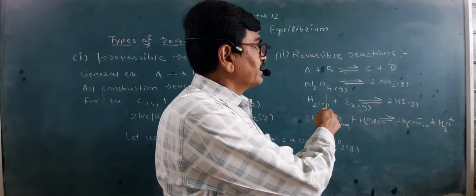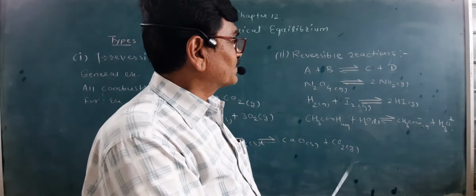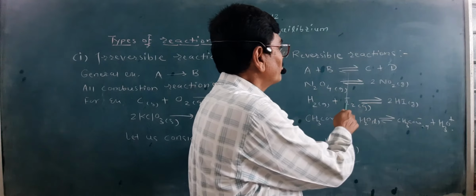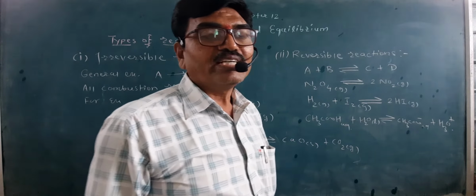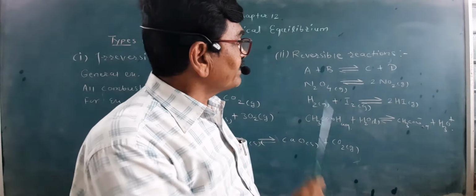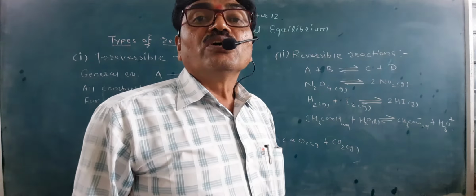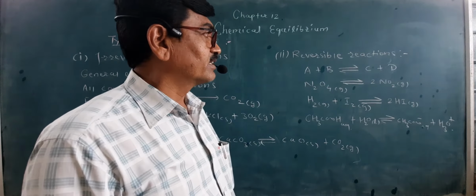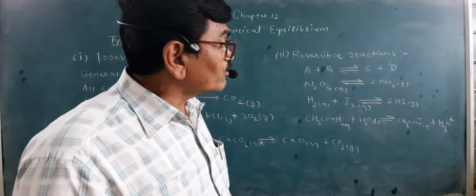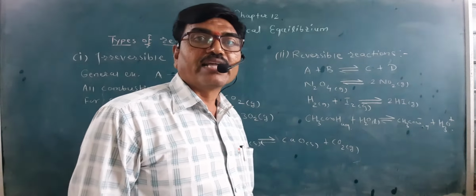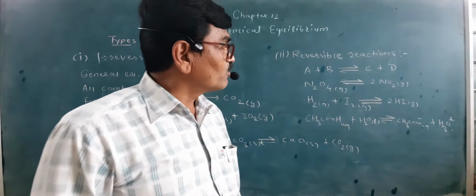So that is what a reaction which occurs in both directions, that is forward as well as backward direction, is. So such a reaction is called a reversible reaction. In chemical equilibrium, the reversible reaction is very important because chemical equilibrium is observed only in case of reversible reactions, and these reactions do not occur in nature, so one has to perform them in a closed vessel. What is important is that reversible reactions are always carried out in a closed container or a closed vessel.